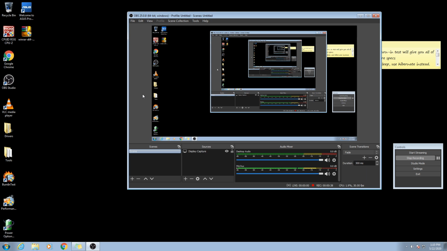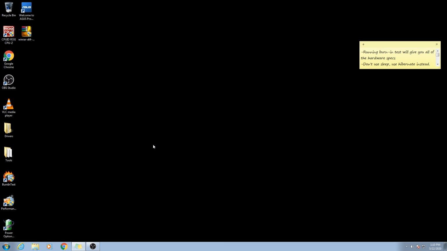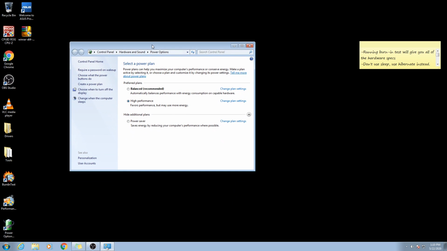All right, so if you're into performance, computer performance that is anyways, there's some basic things that everybody should know. One, the software that you're using in your computer for your desktop is the exact same operating system you're using for your laptop. And so some of the features are also there from the laptop. Well, laptops are meant to be portable, right? Desktops are not. But they still have these power options in there,